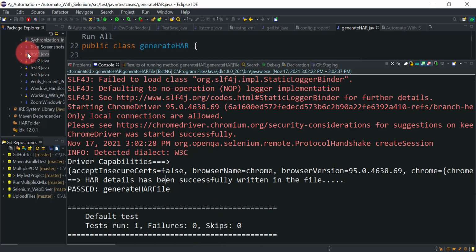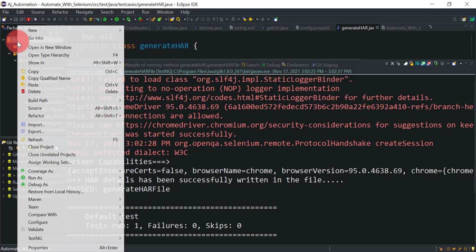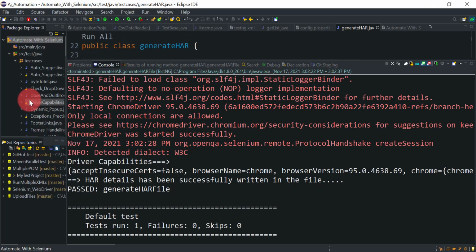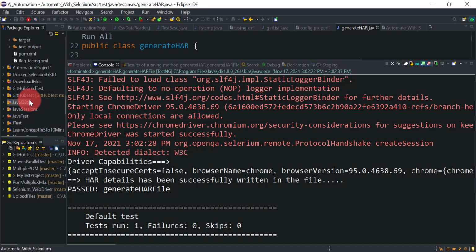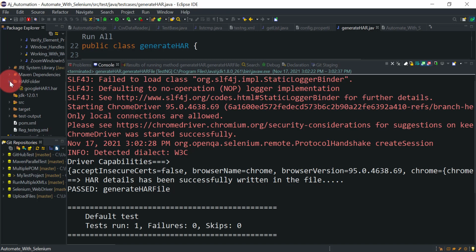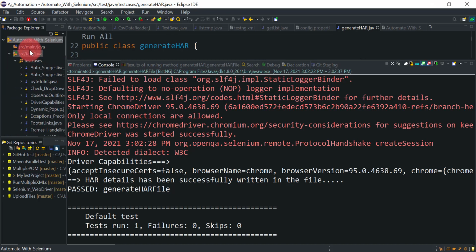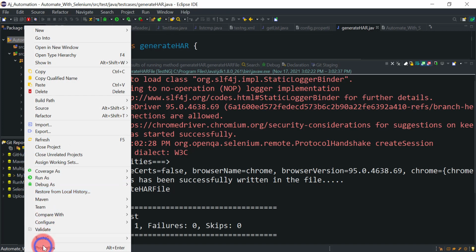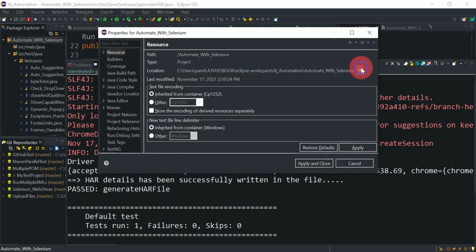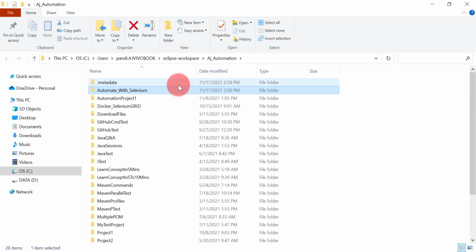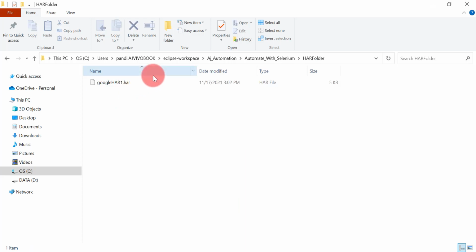So what we can do is check that. I can refresh this project here. Our file should be inside this HAR folder. Let me go to this project location first. Go to properties, go to the project location here. This is my project, this is the folder, and you can see this is only showing 5 KB.